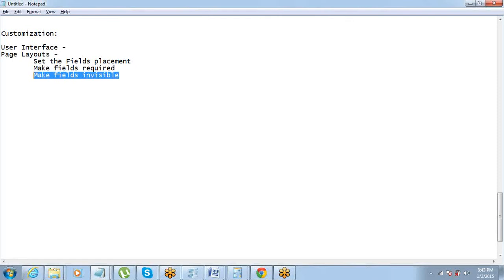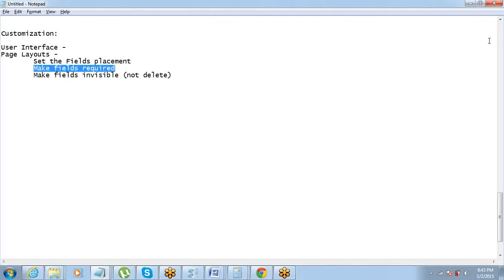Certain fields, if you don't want the user to view a few fields, you can make them invisible on the page layout. So basically we are not deleting it. So it's not deleting the field, it's just making it invisible. Sometimes it happens, you just want the field to be invisible to certain users and all.